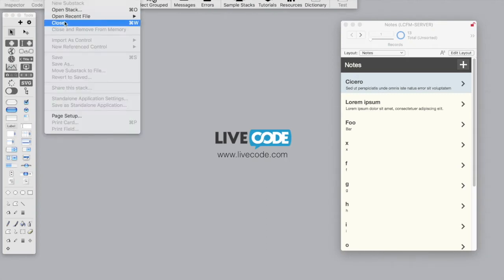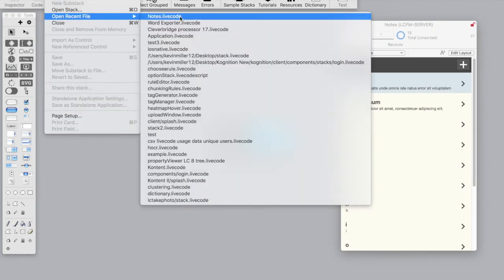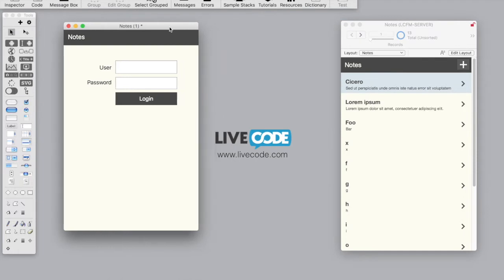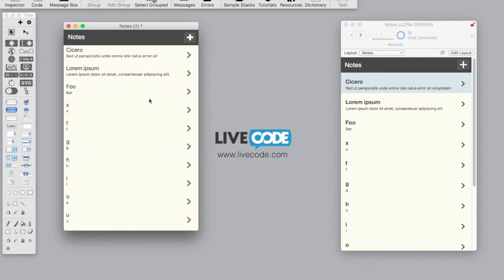Now in LiveCode we've written an importer to bring data from the layouts from FileMaker into LiveCode. So I'm going to log in here. And what we're doing is we're going to be logging into the same FileMaker server where all of our data resides. So I'm going to put in my credentials here. And you'll see we have an app which is looking very similar indeed to the FileMaker app with our notes